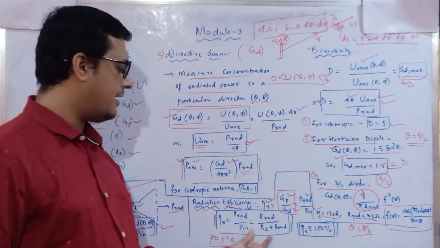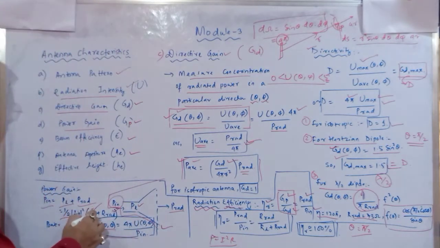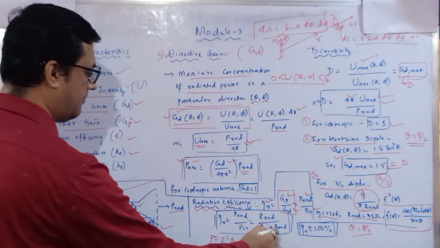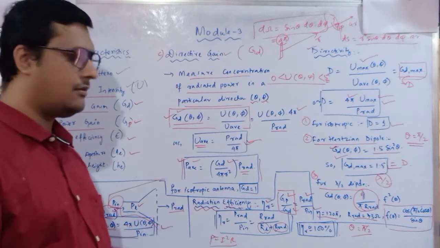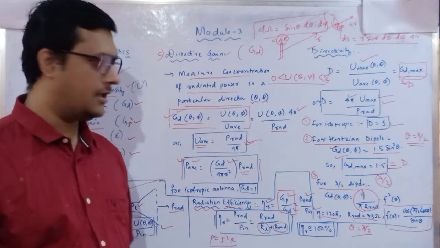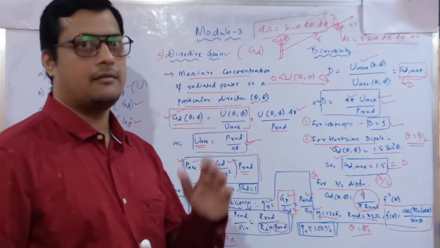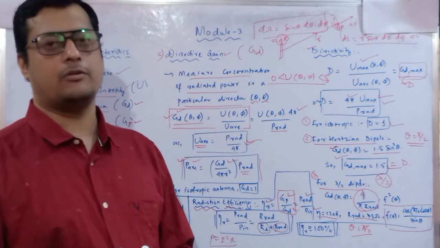So it is R rad divided by, what is the input resistance? Input resistance is RL plus R rad. So here it is RL plus R rad. If you add these two, you will get your radiation efficiency. This radiation efficiency basically needs to be 100%, then only the maximum information is going to be delivered.